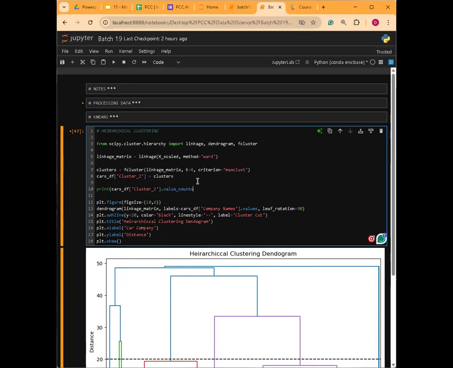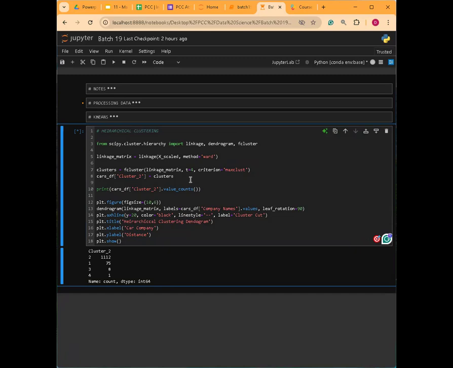This is the method to use in order for Python to count how many of your data rows fit to each cluster. So now we will see how many of them actually are in each cluster. So if we run this code,